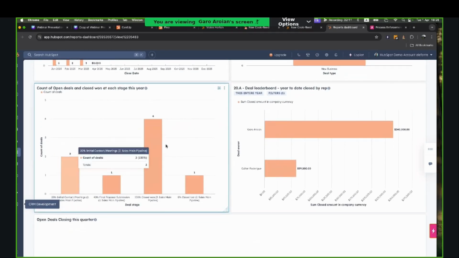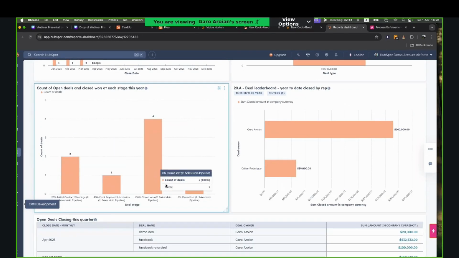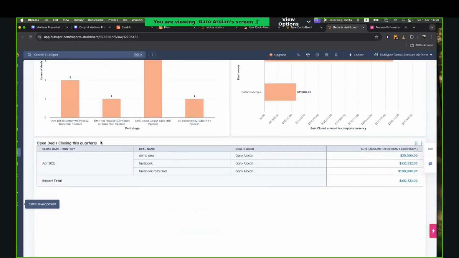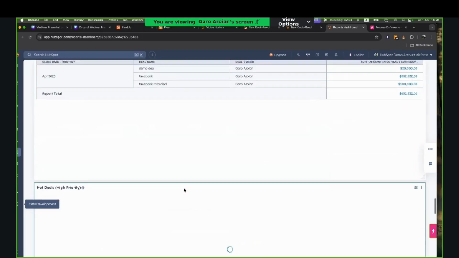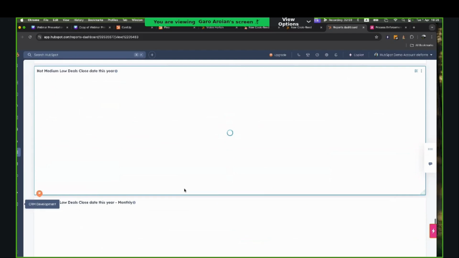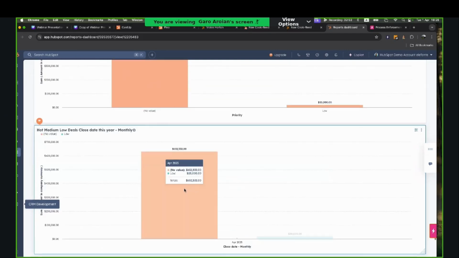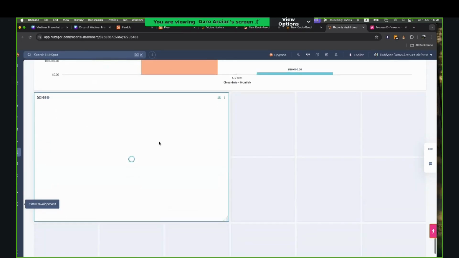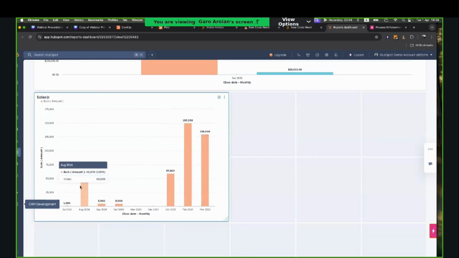Number of open deals, so how much open pipeline do we have? Open deals that are closing this quarter. So if you have a quarterly meeting or a monthly meeting, you can share this with your manager. Say, hey, I'm expecting these 3 deals to close in April, May, and June. I have these high priority deals, medium priority deals that are closing, and low priority deals that are closing, and the total sales number and how much are we expecting to close in the future months and the past months